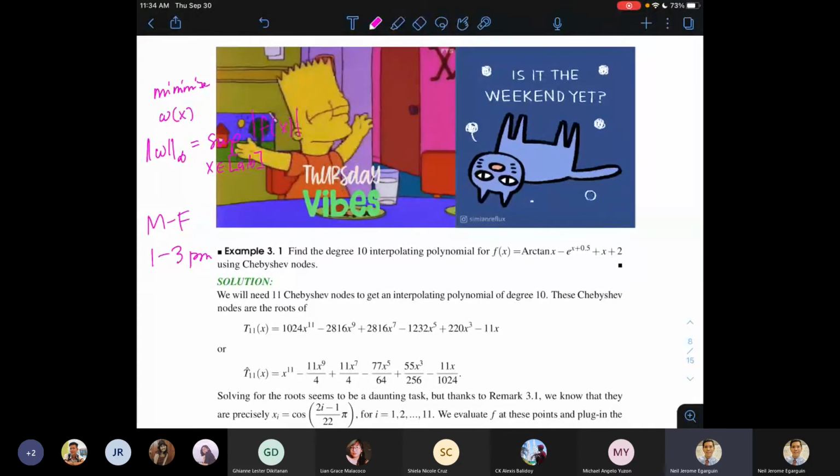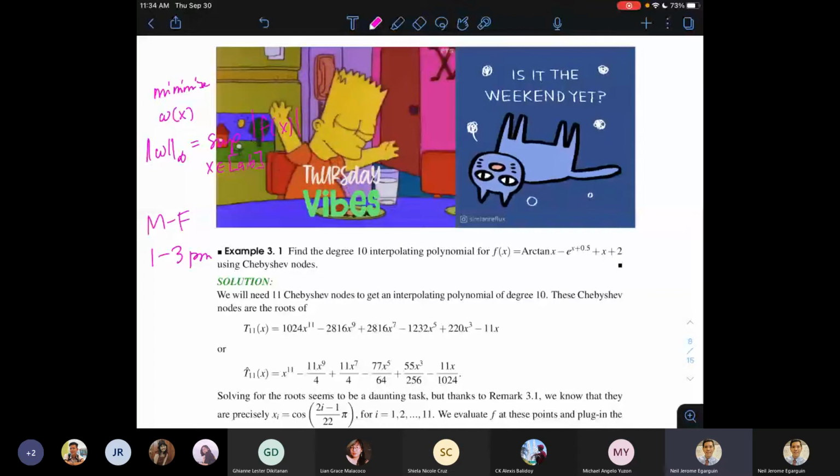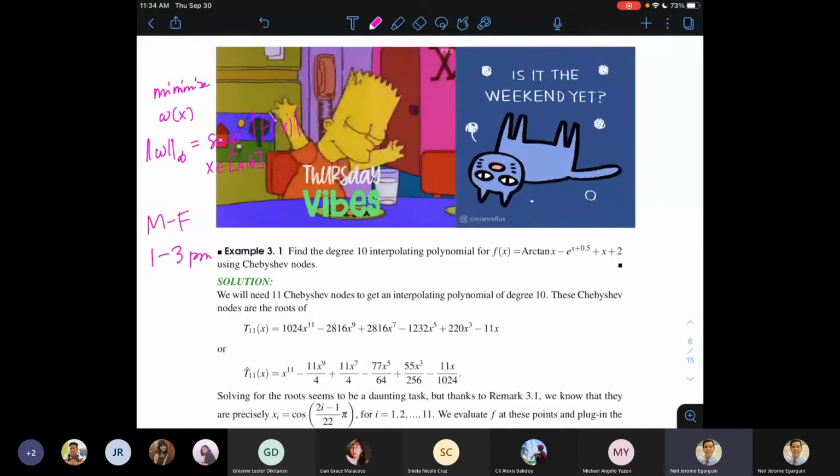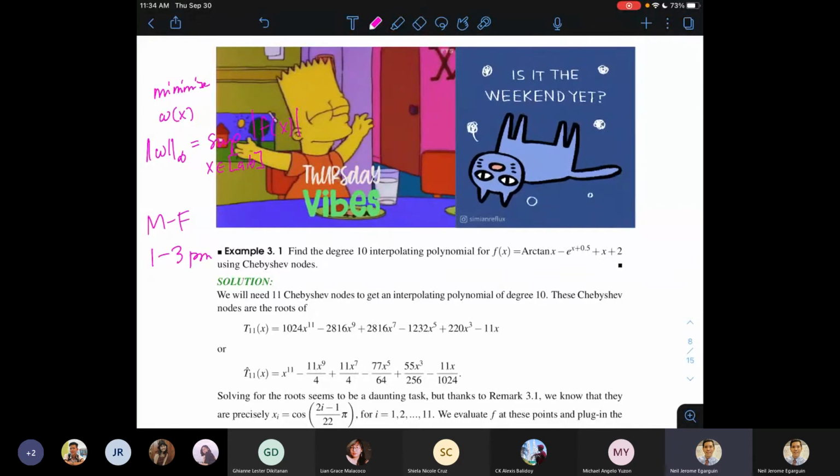Okay? So para ma-achieve na yung omega maging equal sa Chebyshev polynomial, we want the roots of the Chebyshev polynomial to be the interpolatory abscissas. Again, this will only work if we have access to the function f itself. Kung alam natin yung gusto nating i-interpolate na function, so meron tayong degree of freedom para pumili ng mga interpolatory abscissas x_i.